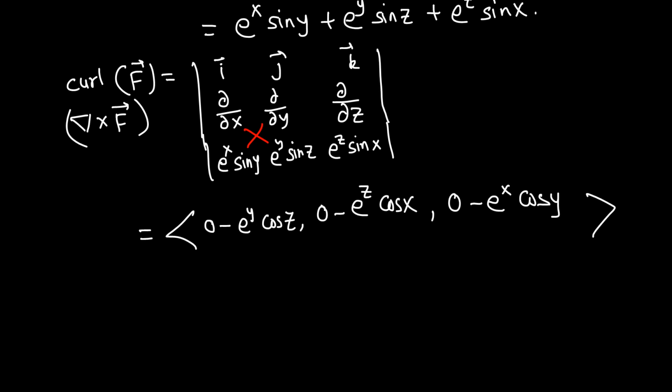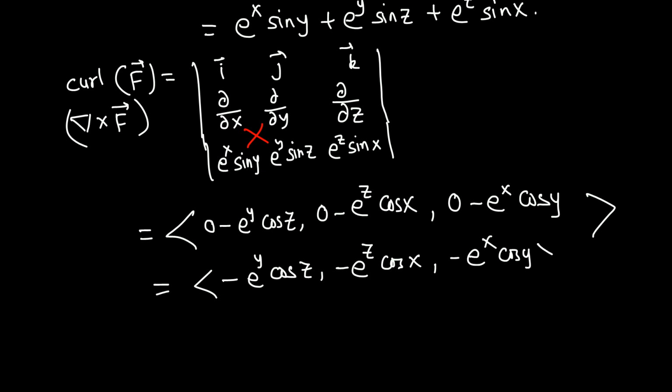Okay, I wrote it in component form. This is the same as negative e^y cos z, minus e^z cos x, minus e^x cos y. Final